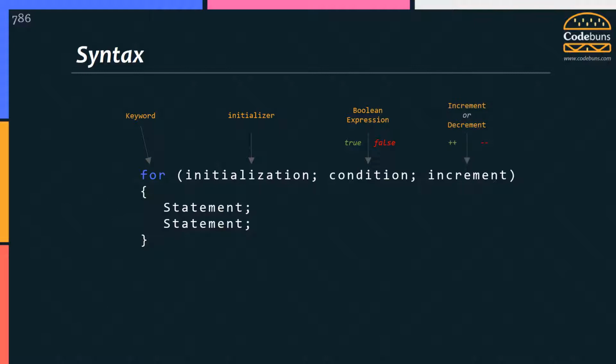The third parameter is an iterator, which prepares the loop for next iteration. This is incremented after each iteration at the bottom of the loop. Statements are the block of code that you want to execute multiple times in a loop. Let me show you the execution order of a loop.